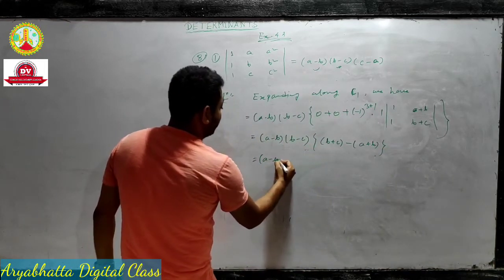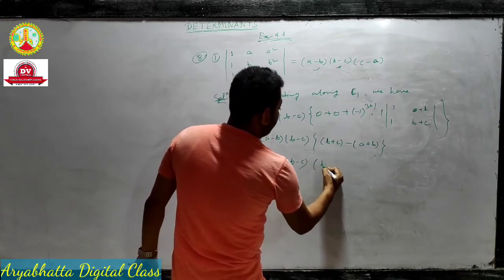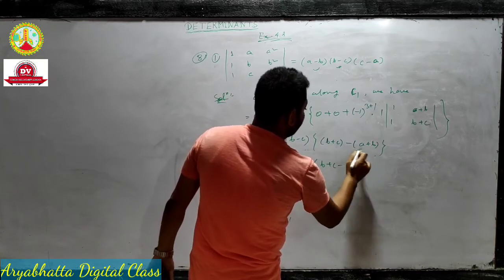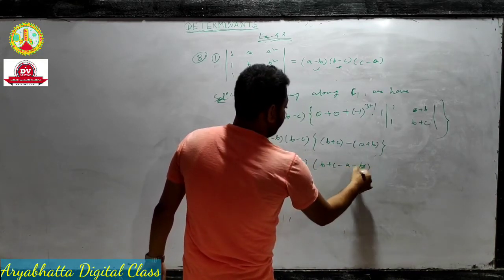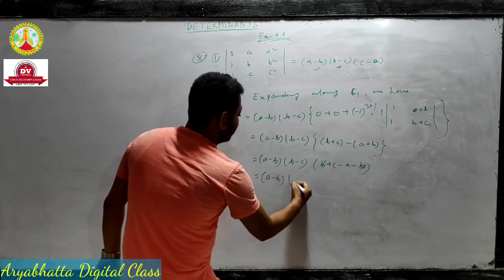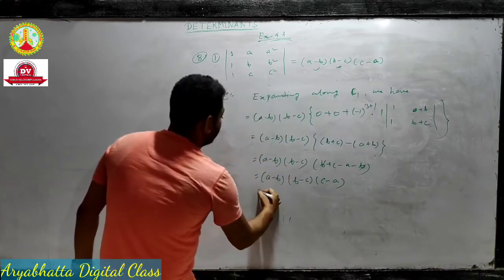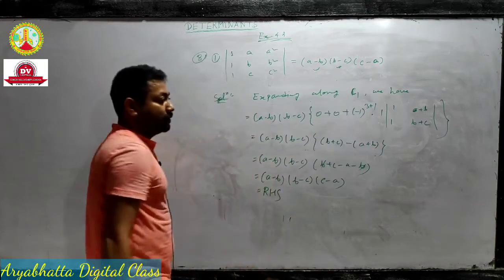Next, a plus b into b minus c into b plus c minus a. Plus b minus b cancel, a minus b, b minus c into c minus a, which is equal to the right hand side. Next,